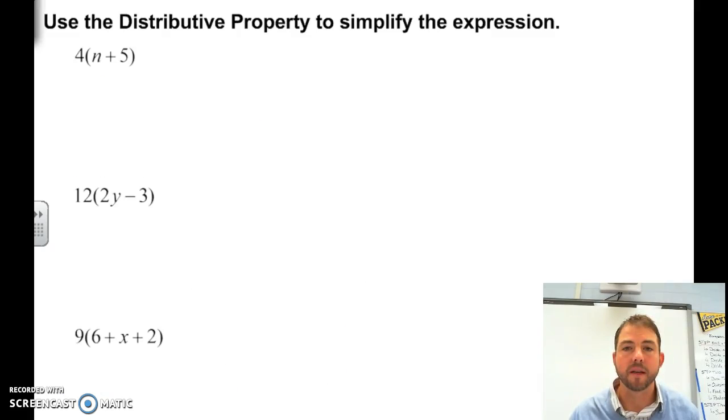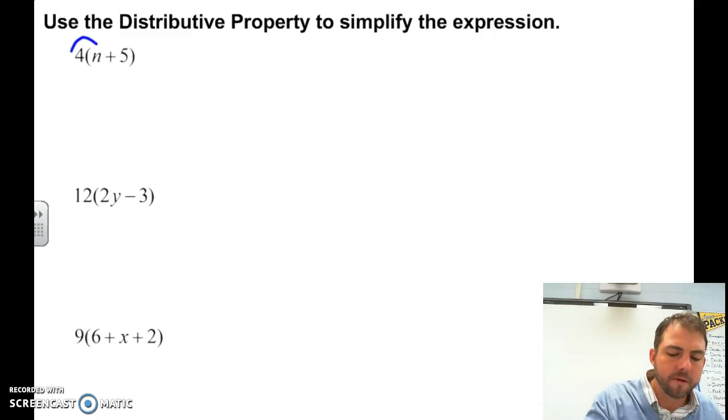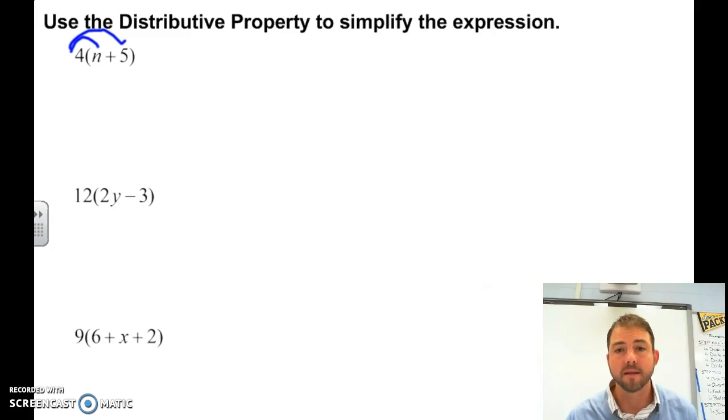Let's take a look at how we can apply the distributive property to an algebraic expression with a variable. A great way to remember the distributive property is what we refer to as the Mailman Method, or depending on what season you're in, we've been referring to this as the Santa Claus Method. Now what does that mean? The 4 in the distributive property must be distributed to the n and to the 5. The mailman has to deliver the 4 to the n and to the 5. So if we refer to it in terms, term n must get a 4, and the term 5 must get a 4. Okay? Now,